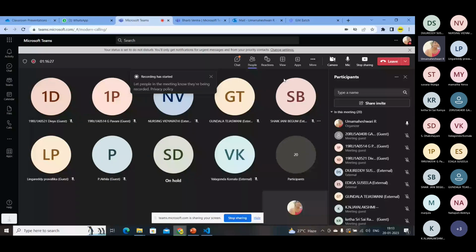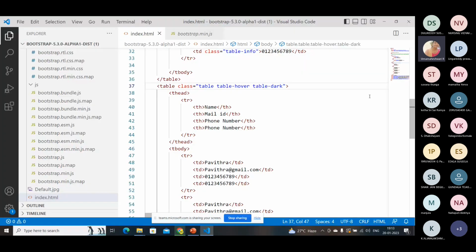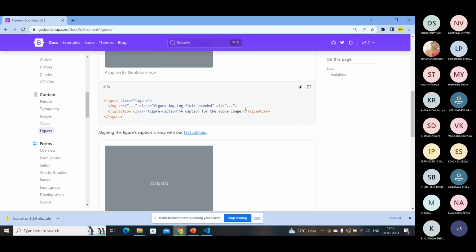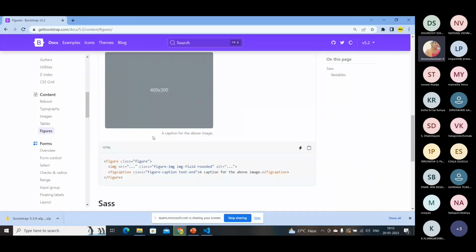So here, the next thing is this figure. If there is an image and you want to place a caption somewhere else, for that you can go for this figure element. Okay, that is not that much important. And here we'll go with